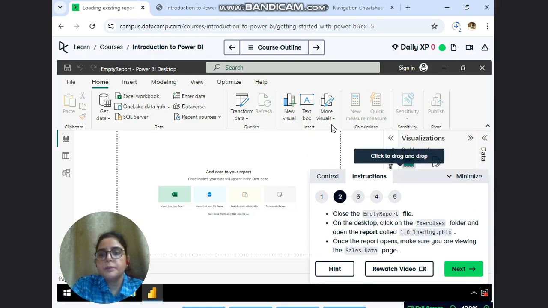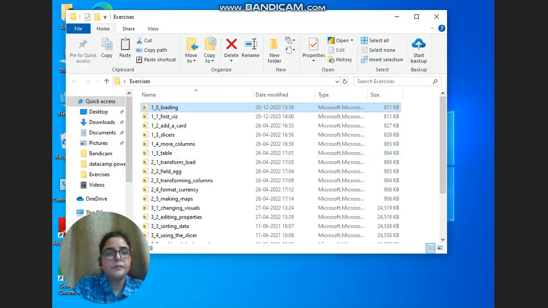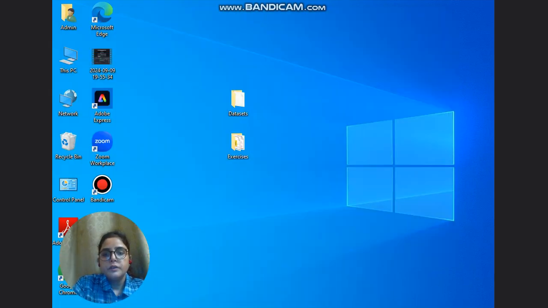Close the empty report file on the desktop. So click on the exercise folder and then open the report called this one. So let's open it. The report is opening. In the meantime, you'll read the instructions.